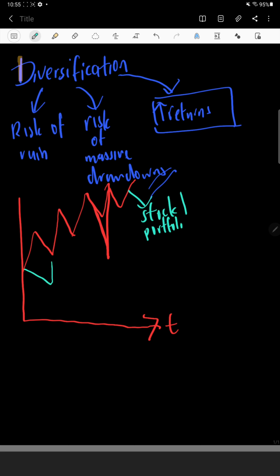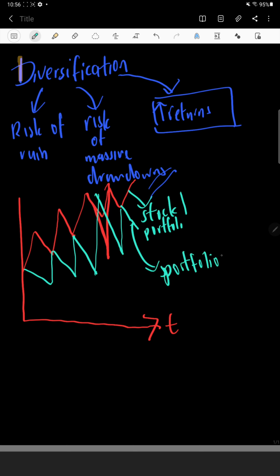At the same time, you have another portfolio, so it is Zix and Zax, right? So this is portfolio 2. Alright, so what I've just illustrated is two return streams